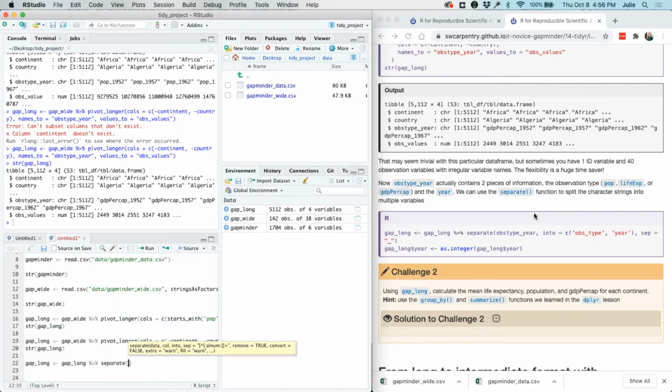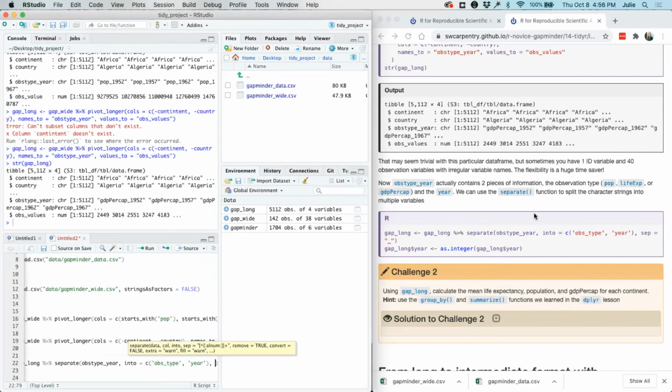And we want to take that column name, obs type _year, and we want to put that into multiple columns. We want to pull out the obs type since they're all different, and then we'll pull out the year.